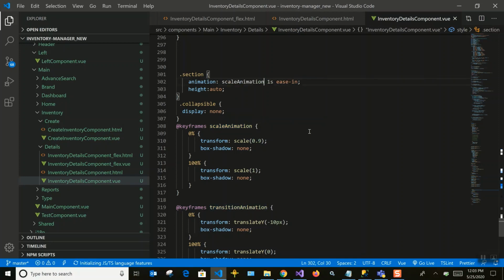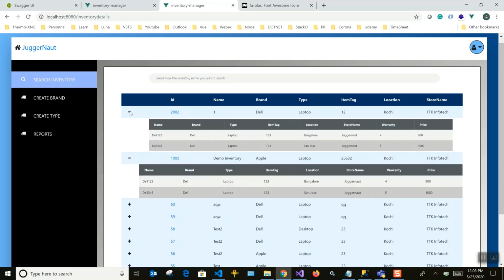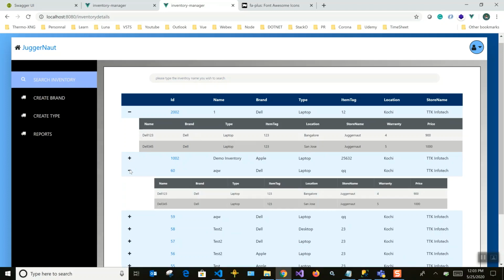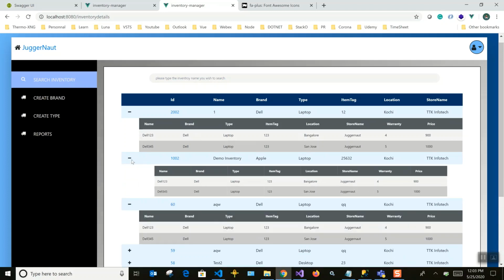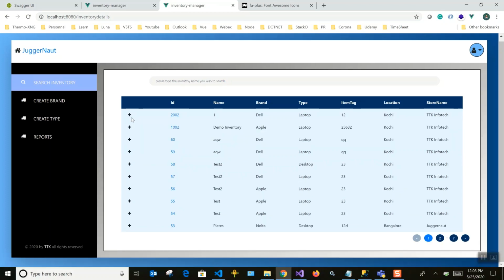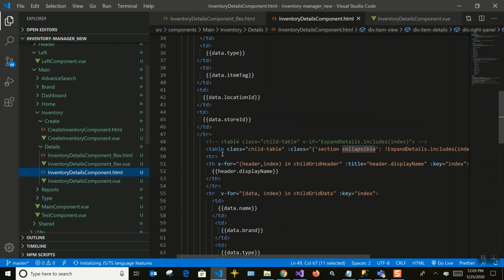I'll change this transition to scale, so you can see it just scales up. So if you want to provide animations, you can. All those things are basically the CSS part, it's not part of the TypeScript functionality. So that's all about the animations part in this particular component.